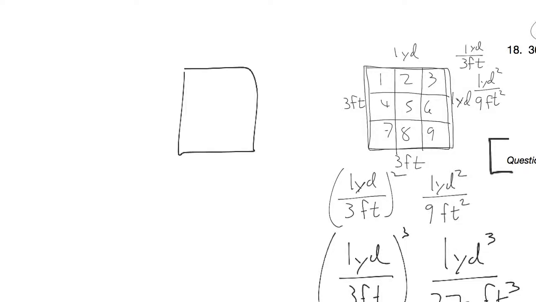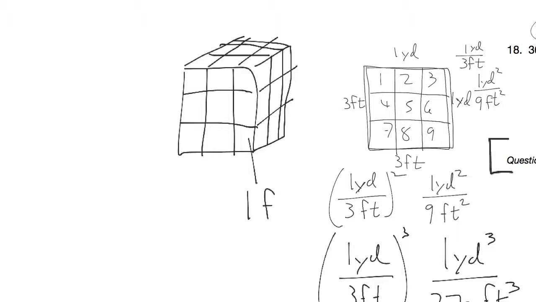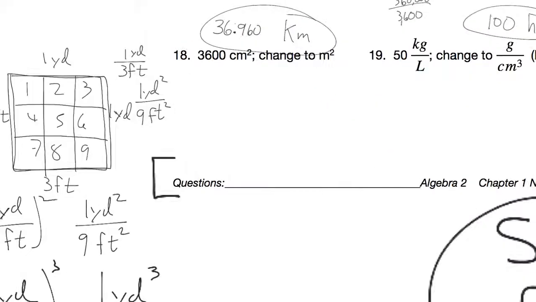Square, cube. 1 cubic yard can be cut up into 27 cubic feet. And they look like that. There's 27 cubic feet right there. Here's one of them, 1 cubic foot. The whole thing is 27 cubic feet. So that's a really quick reason why